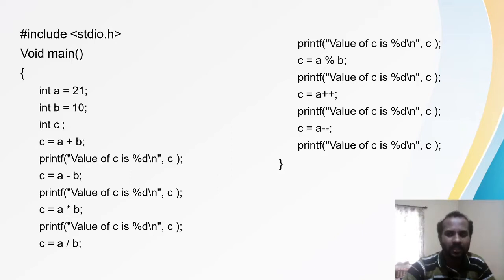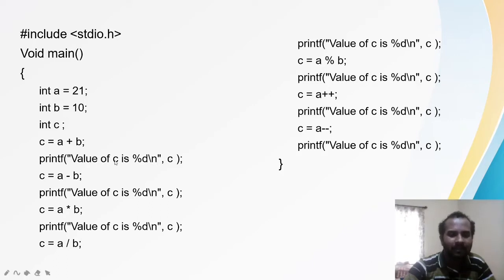In the control string you can have the conversion specifier, flags, field width, precision, right? And you can have the string also, right? So I have the string here, right? So string, conversion specification, right? And I have the escape sequence also.